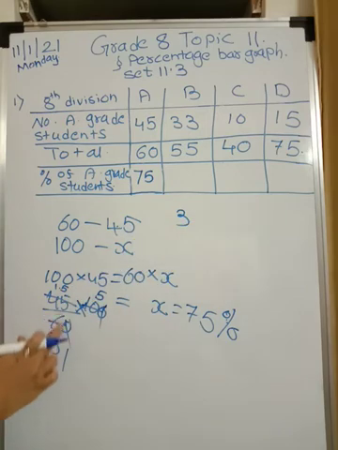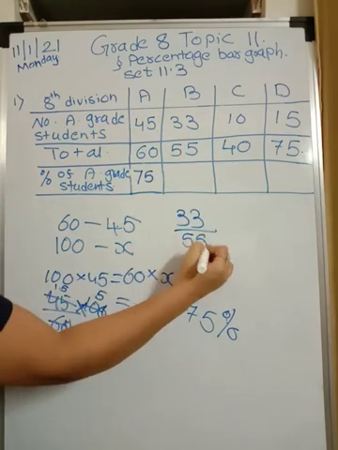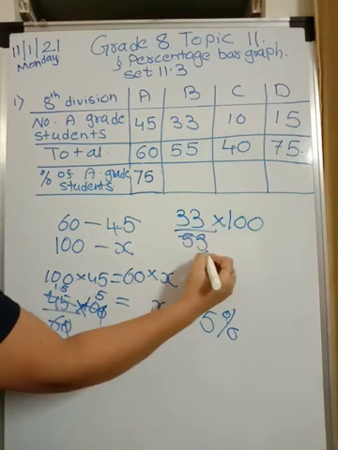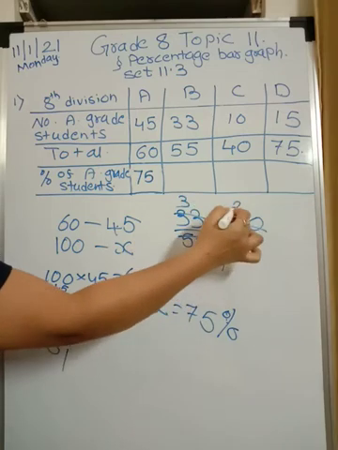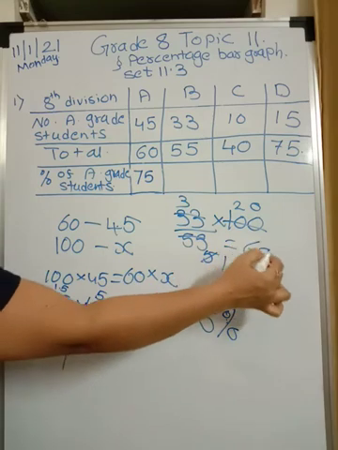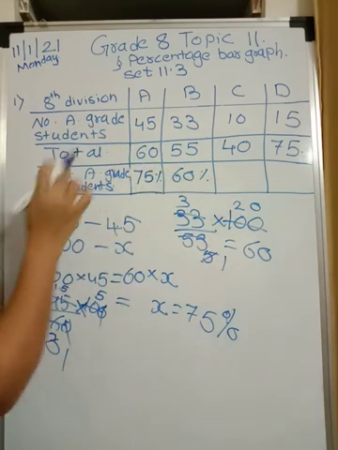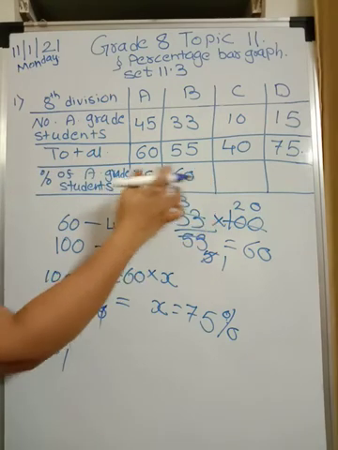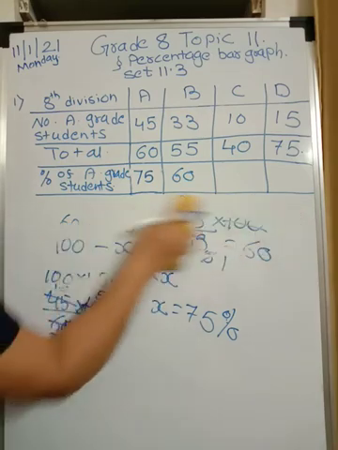In this case, how much it will be? Now we have got the formula. 33 upon 55 and multiply it with 100. Alright. 11 5s are 55, 11 3s are 33, 5 1s are 5, 5 2s are 10 and 20. 2 3s are 6. So this will be 60. So here you are getting 60%. This is 75%. Percent we have already mentioned, so no need to write it over here. Are you understanding me? Okay, now let's calculate for remaining 2 also.